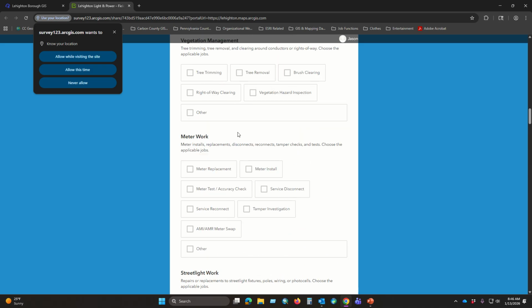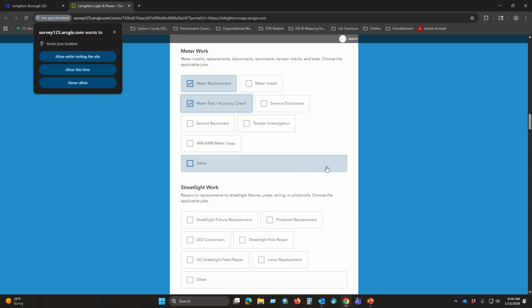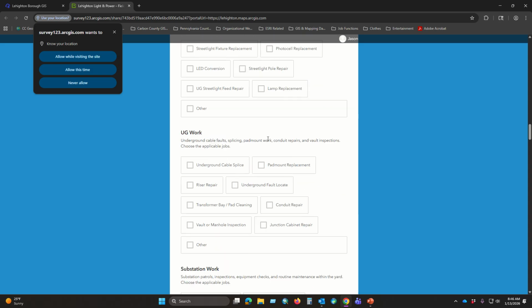Meter work, okay. And then what kind of meter work is it? So we're doing meter replacement. Maybe that does a meter test as well. You fill those two things out. Then from there, we're looking at